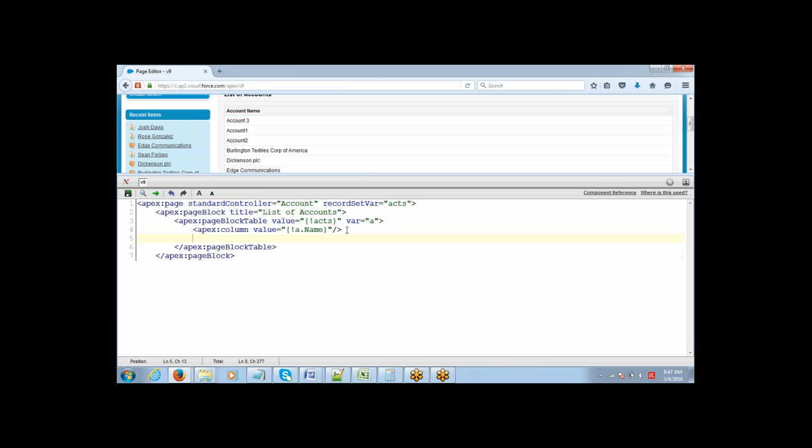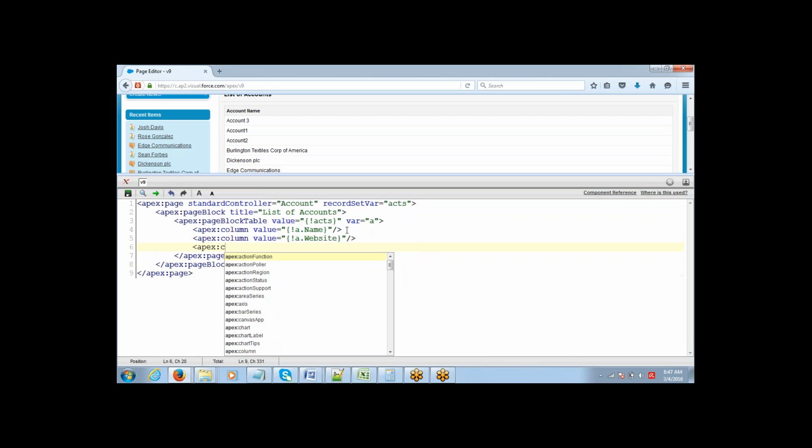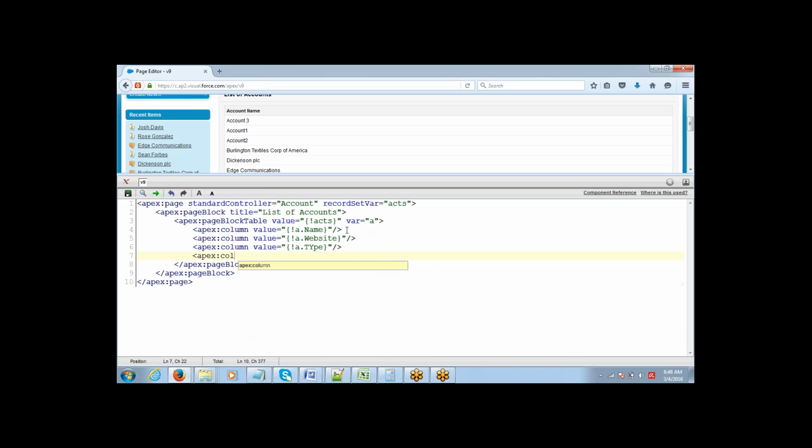You want more columns, just go ahead and keep creating them. Apex column value equals a dot website. Apex column value equals a dot I. Column